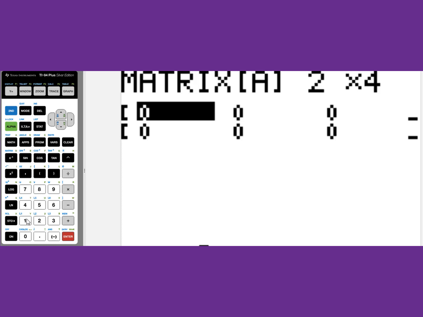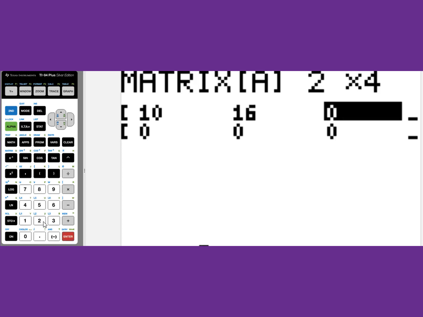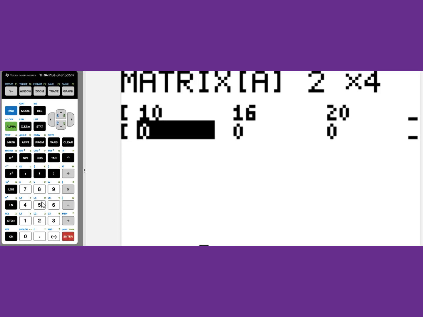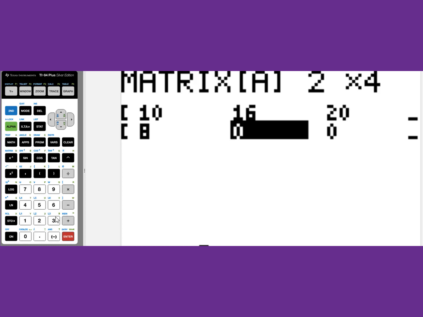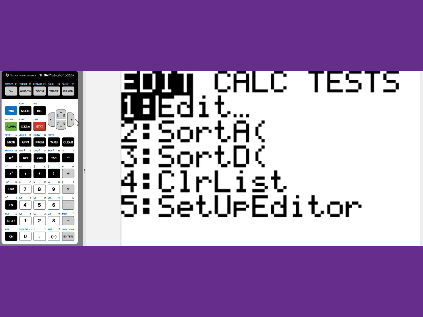We put the values in: 10, 16, 20, 14, 8, 6, 10, 6. After that, we go to stat, go to test,